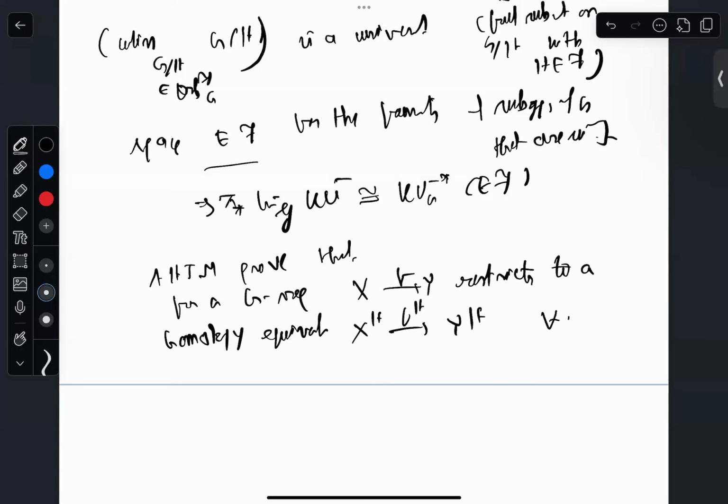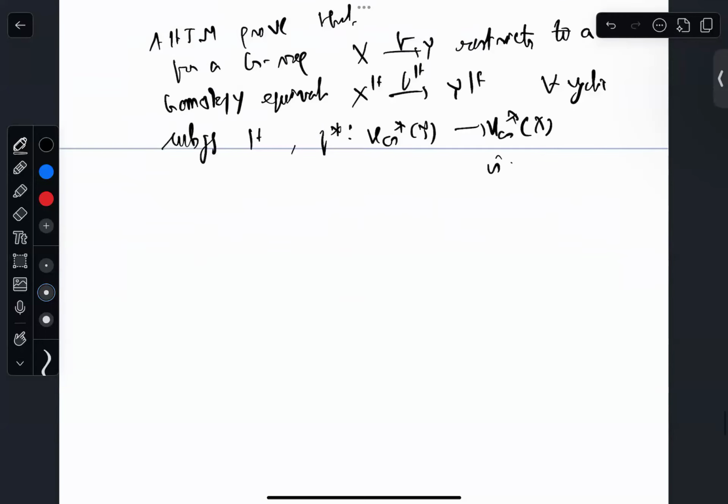H for all cyclic subgroups, H is F star. This is basically an isomorphism. So basically, using this we'll get that